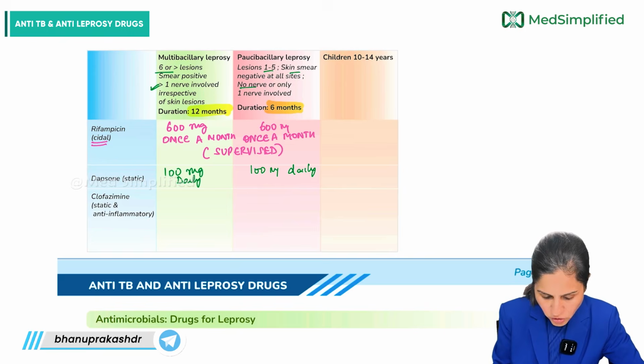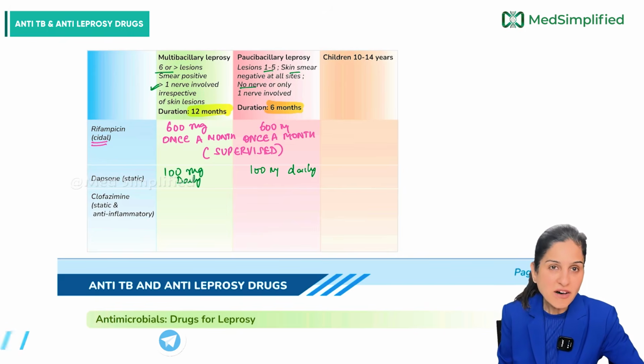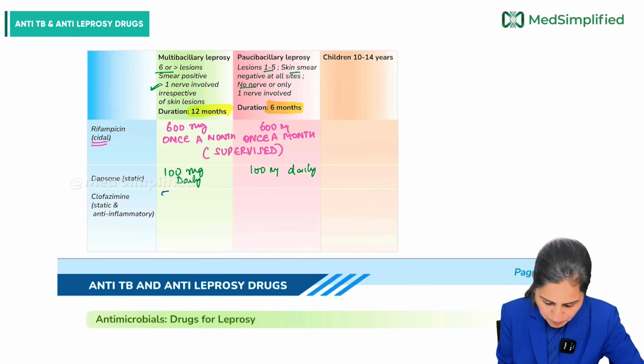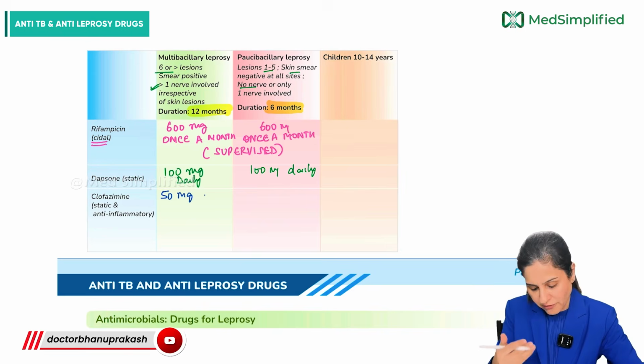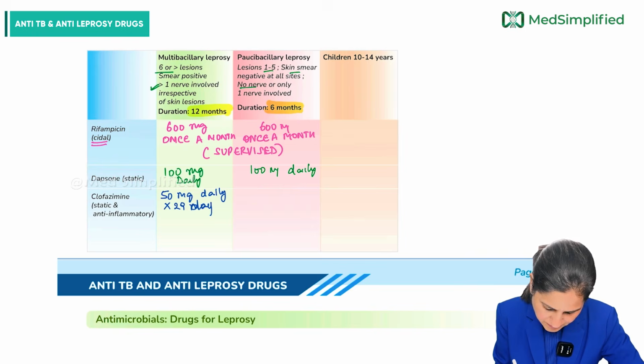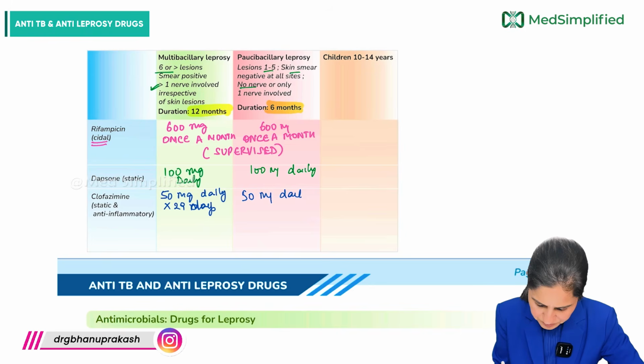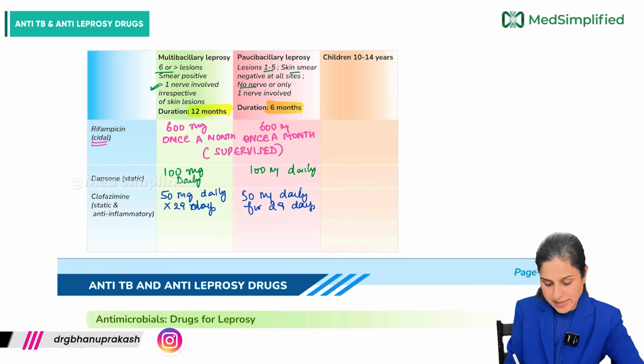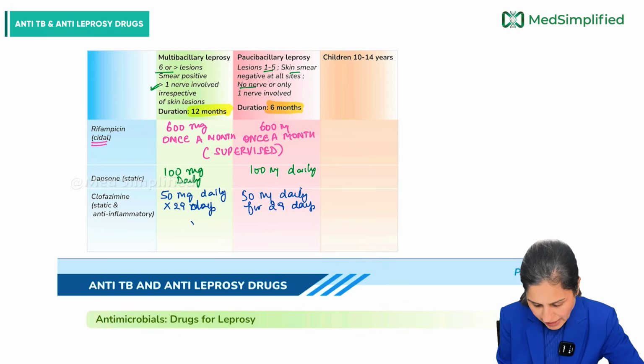So, how to remember for clofazimine? Now, do half of 100, it is 50. So, the patient has to take 50 milligrams daily. Daily dose of dapsone is 100. So, half of it is 50 milligrams daily for about 29 days. Same here, 50 milligrams daily for 29 days. Unsupervised, daily is never supervised, plus